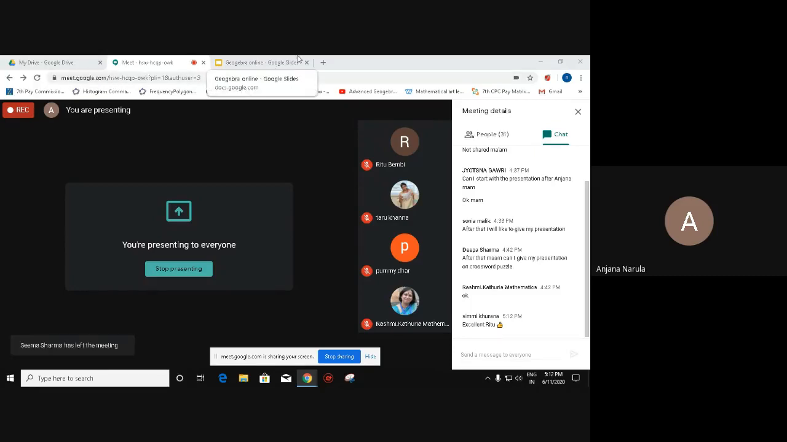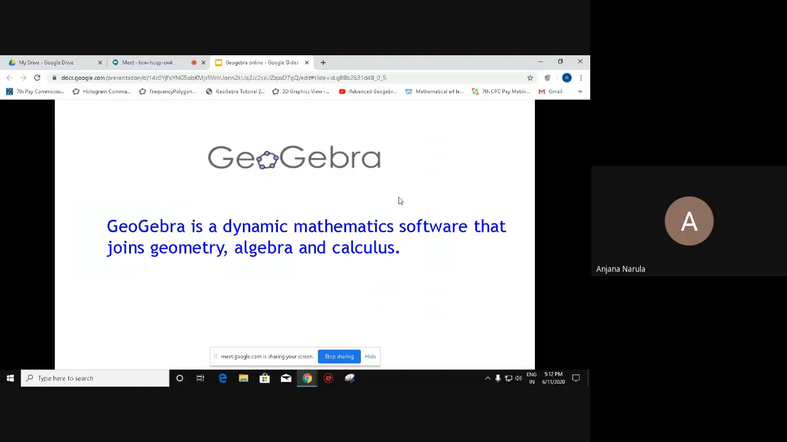Especially when we have to teach geometry or plot graphs, we face certain problems. Time constraint is there, we have to finish the syllabus and we have less time to work on these tools. So here comes the solution, that is GeoGebra, a dynamic mathematics software which has a combination